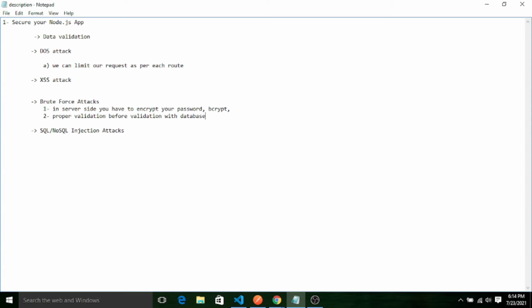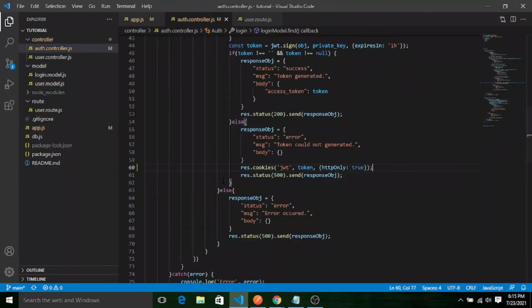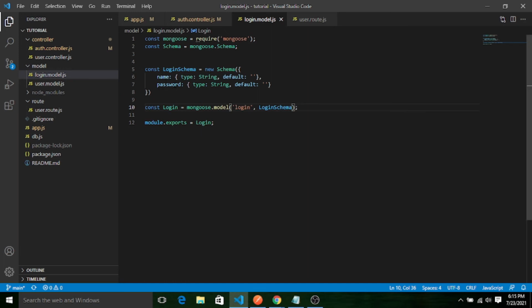So before validating the username and password, we have to do the proper validation. Nowadays, if you are using Mongoose, here you will see in the model file we are using Mongoose. It has some inbuilt validator methods. We can use that one. I will give you the link. You can get it from there. So in this way also you can prevent this kind of brute force attack.